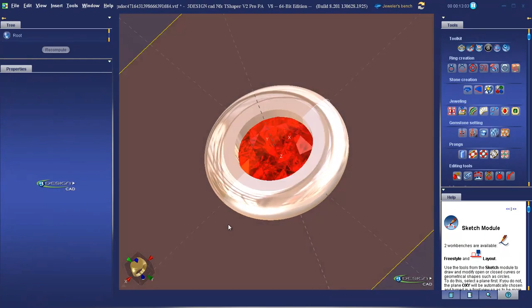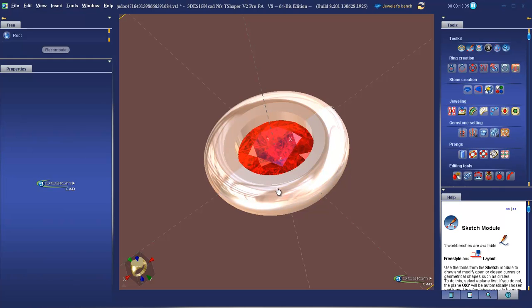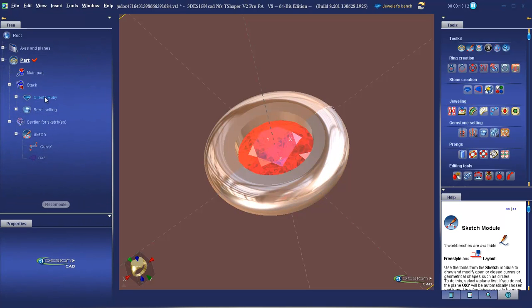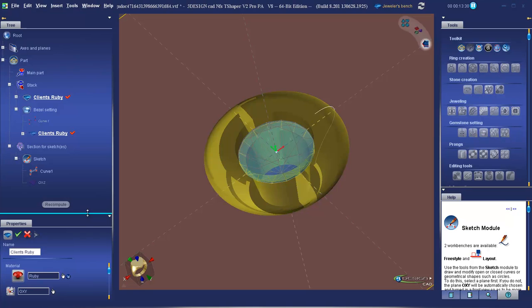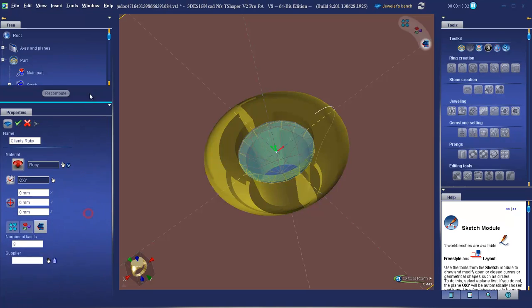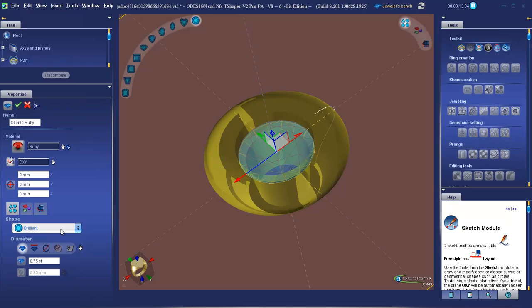Before we finish up, let's take a quick look at another cool feature of 3Design. In the tree, we can see we've got our client's ruby and we've got our bezel. And the bezel is attached to the client's ruby. Remember back to the beginning where the bezel matched the stone's shape, size and position. So if we double click on our stone and we change that to a baguette,